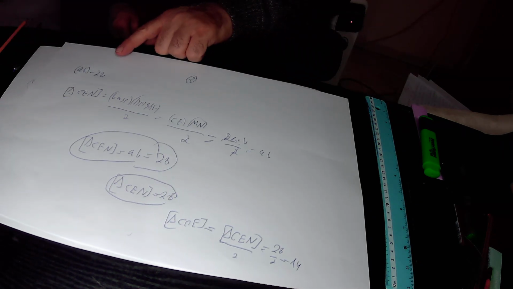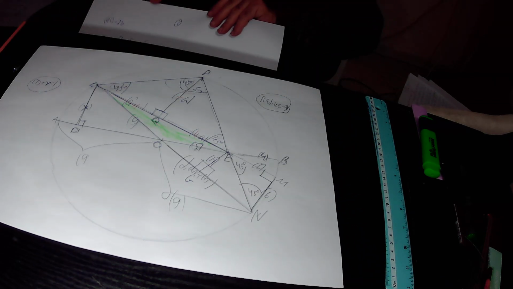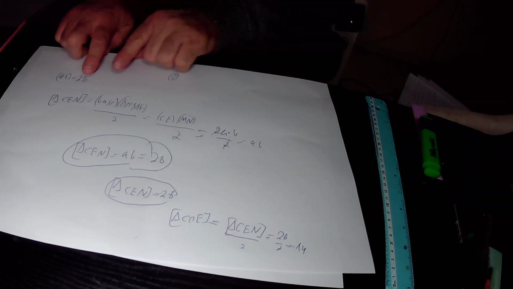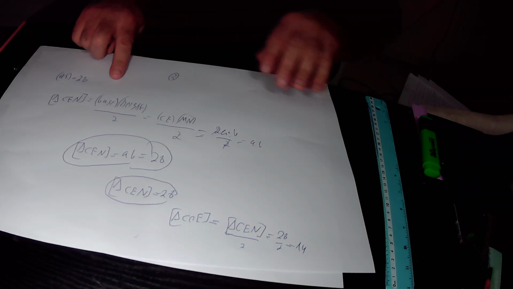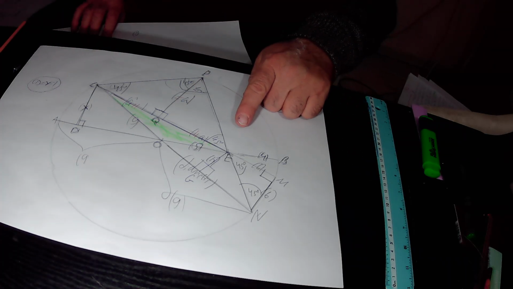AB equals 28. The next step, we calculated the area of this big triangle CN, according to the rule that the area of any triangle equals the base of the triangle times the height over 2. So the area of the big triangle CN equals the base times the height over 2. We choose the base of this big triangle CN as CE,